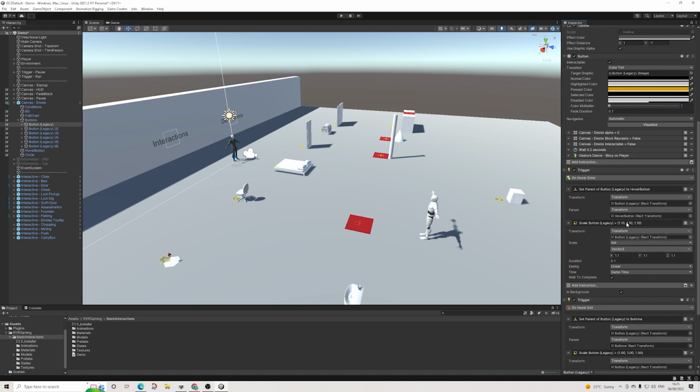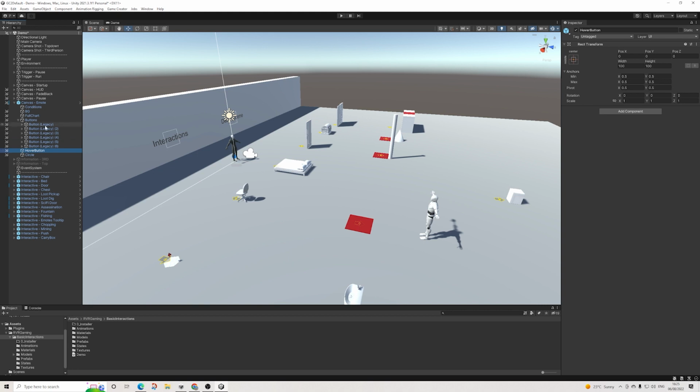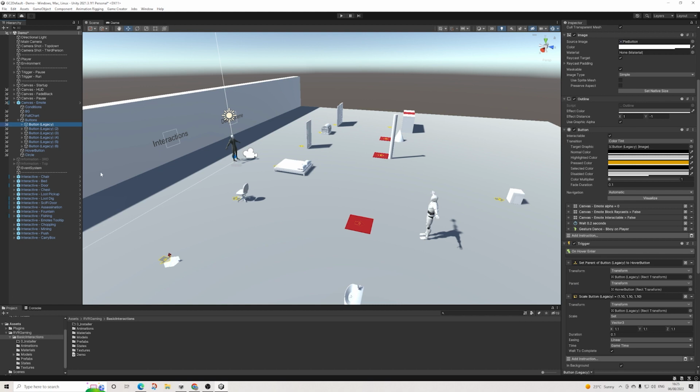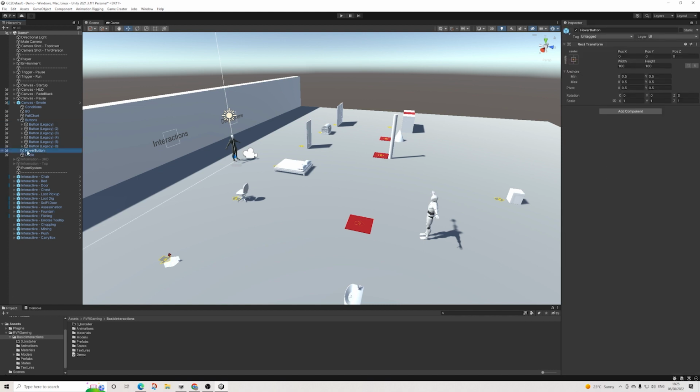What else? One of the things, like I said, is that I wanted that pop out effect. In order to do that, it is literally changing the parent of the button to go to this one, and it's rescaling. I know that sounds a bit extreme, but because this one is lower in the hierarchy, this will become the priority, so it will be on top in terms of UI scaling, if you have looked at how